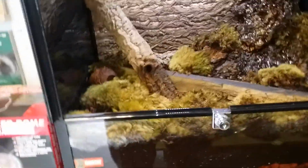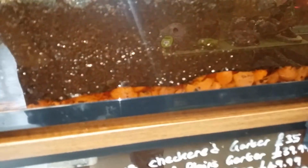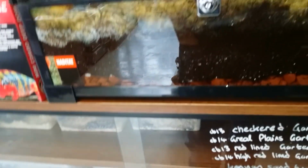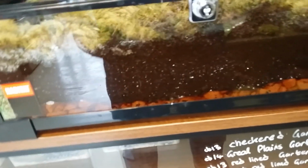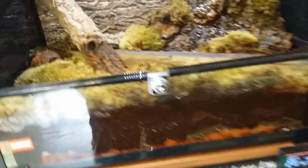Internally, what we've done, basically start off with a drainage layer on the bottom. You can see our drainage layer down there. I may end up making that a little bit thicker. But that's what you start off with. There's a few products you can use, things like your ceramic balls, and there's this one here as well, which is an Exoterra version. You then put on top of that a mat, which is basically like a weed suppressing